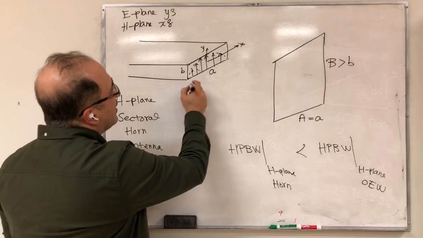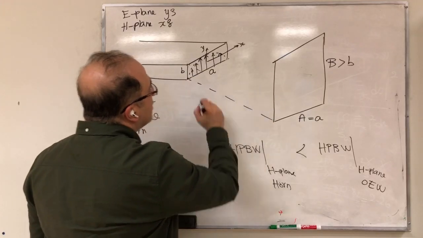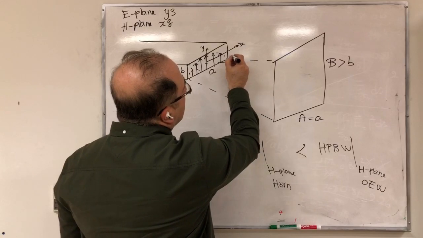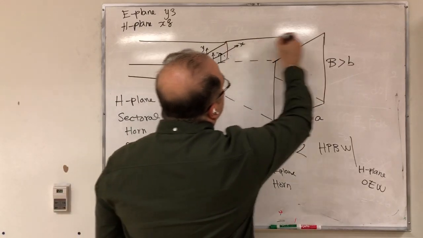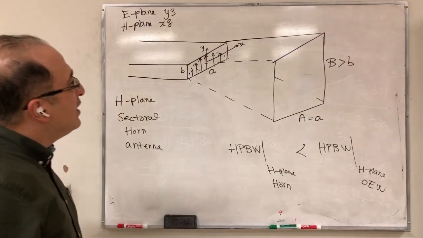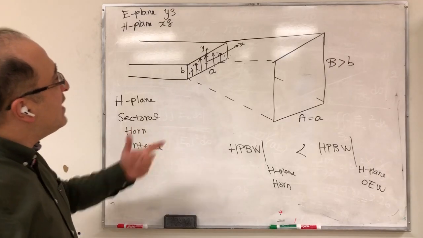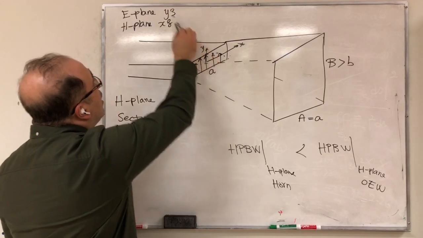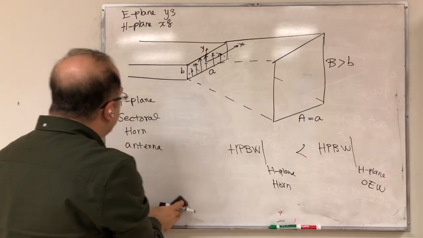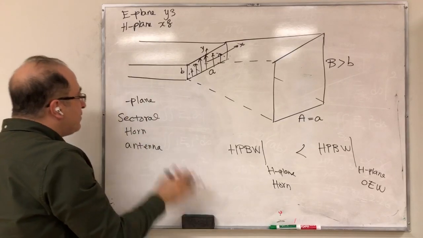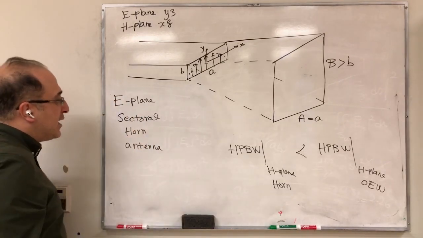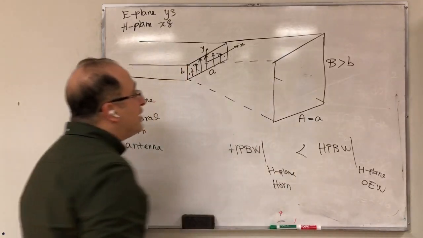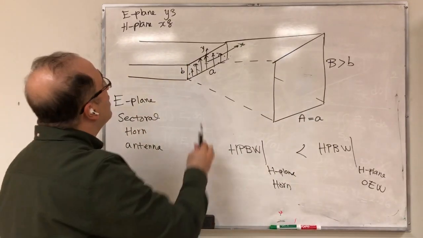And now if you create your antenna like that, this becomes your new antenna. In this case, because the expansion happened along B, and along B is along Y, and YZ is the E-plane, this is called an E-plane sectoral horn antenna. And because the flaring out, the expansion, is happening along the E-plane,